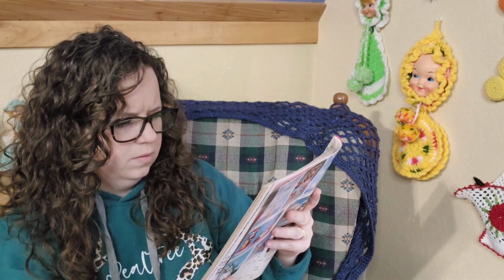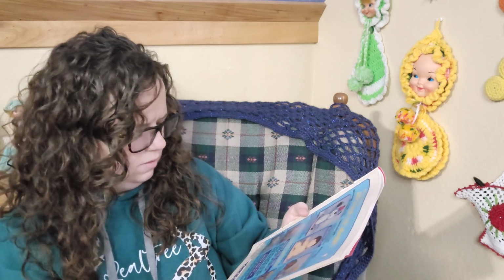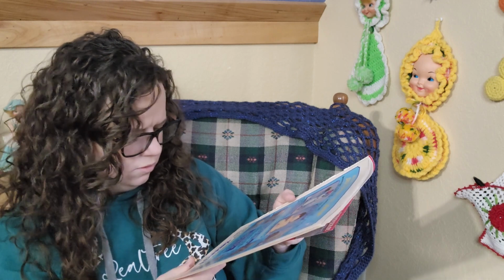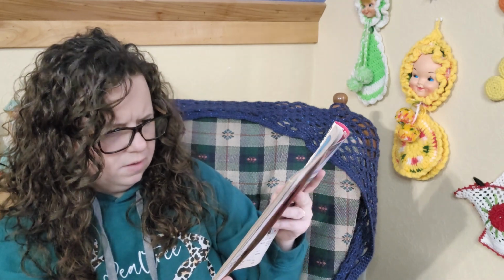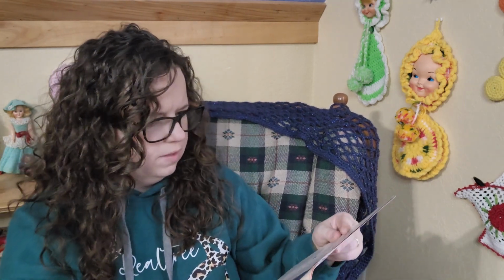Here. It's time to discover the magic. Amazing. All patterns $5 each, plus $2 per shipment. Free brochure. Huh. I'll have to check that out, see if you can find them anywhere. But that's pretty cool. I was going to pop that cover off, but I guess I shouldn't. Okay, so we have the